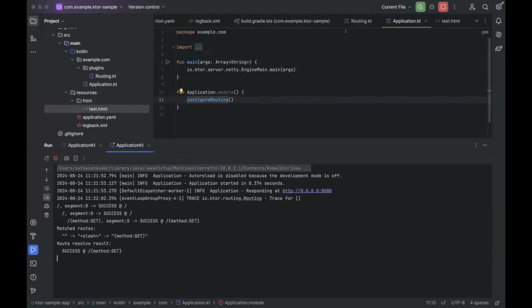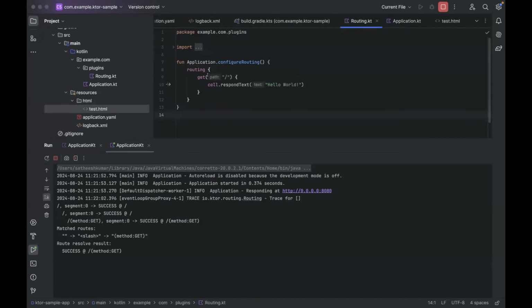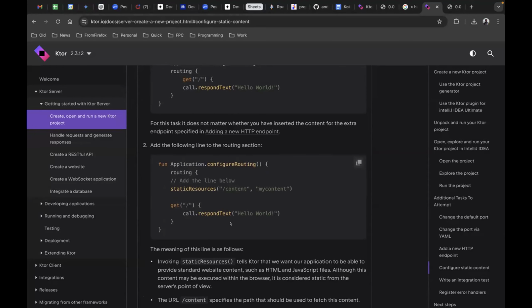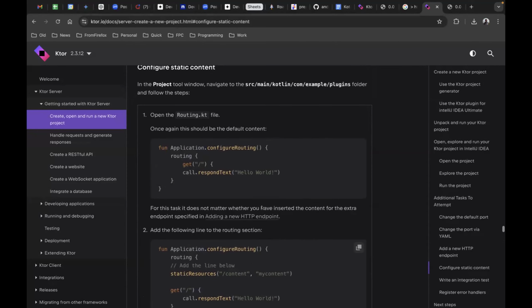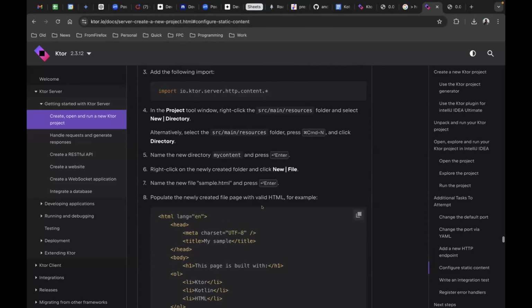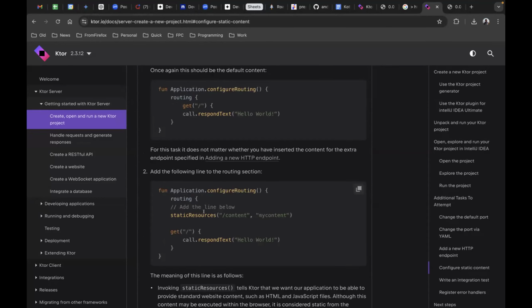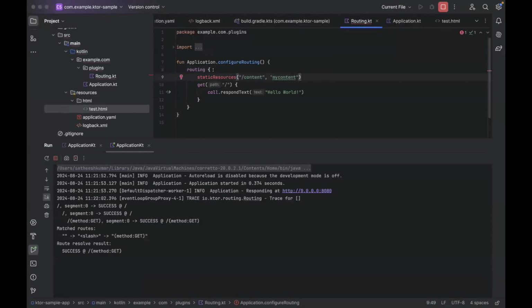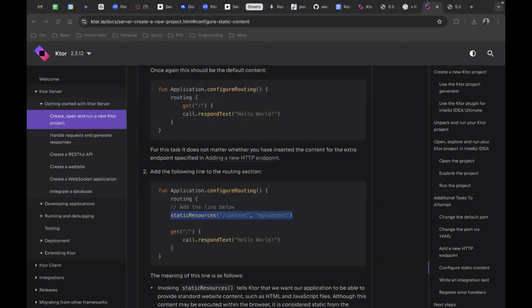I have added the test HTML file, but here I missed how to set up the path and call that test.html file. Where is it? Yeah, that's the one. The static resources. This is the one, right? On step 2. So just go back there. Step 2, right? Add the line below. Yes. Shall I reference the